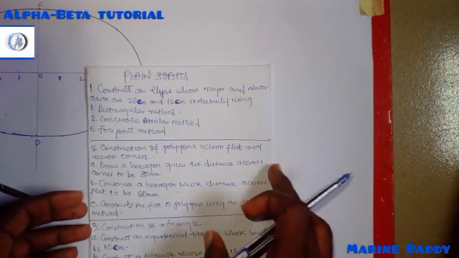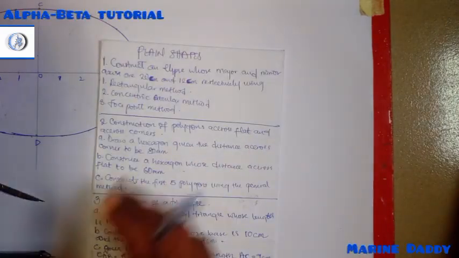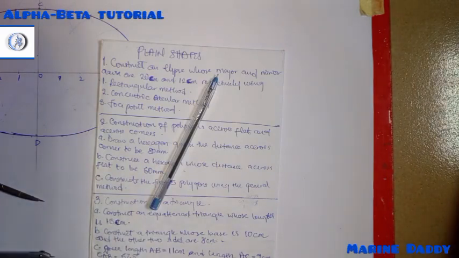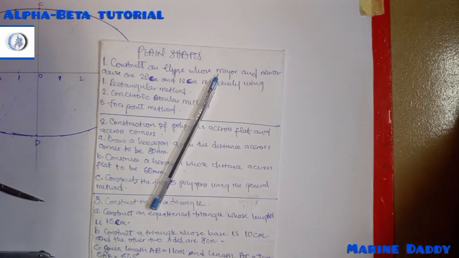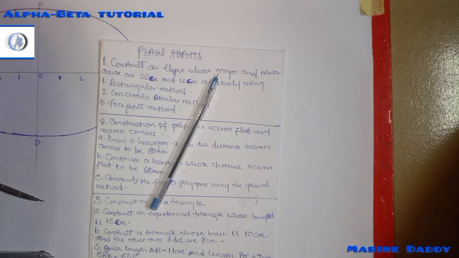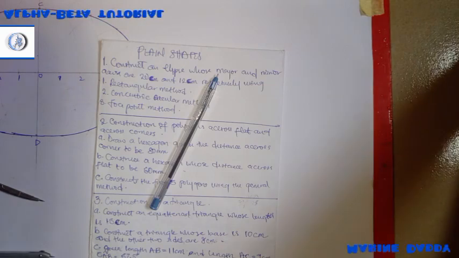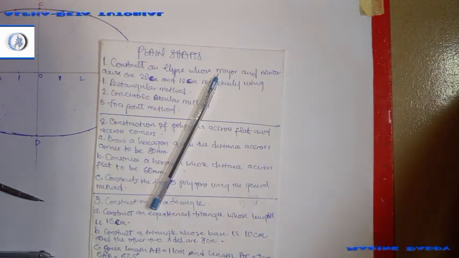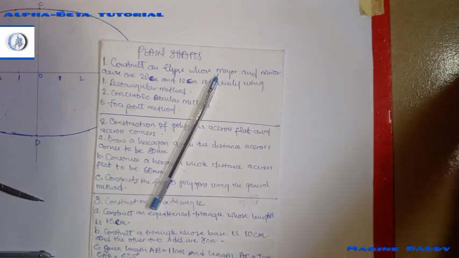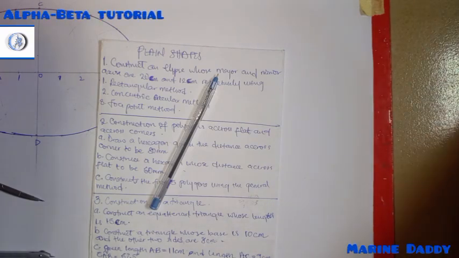Our attention for this video is going to be on polygons. We are still on revision on this scheme of work, the semester's work. Understand? One of the topics you did this semester is polygons. So we learned that a polygon is a plane figure bounded by five or more sides, right? And also angles, which means that the moment you add a side to an already existing polygon, it gives you